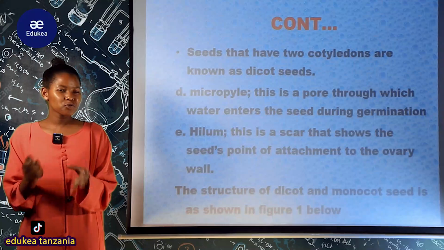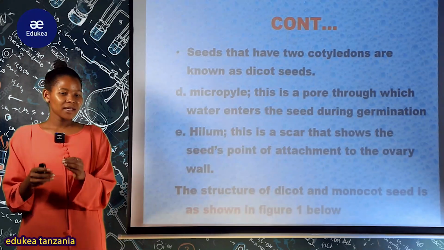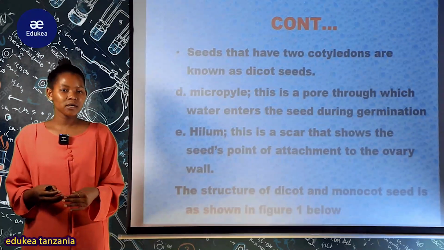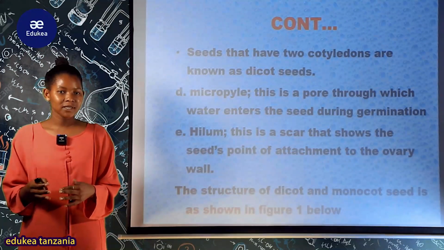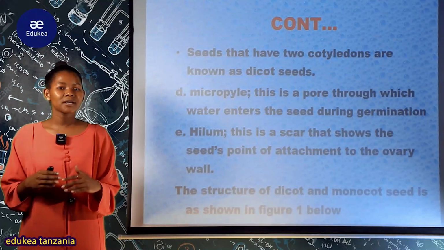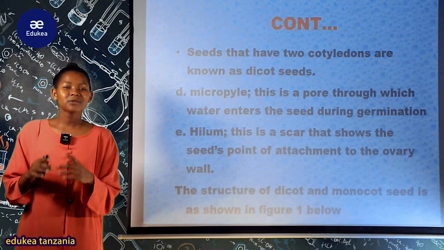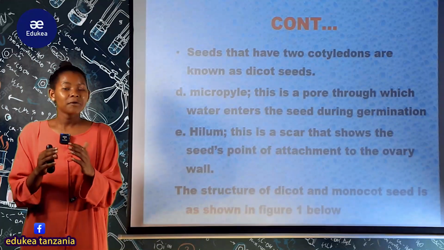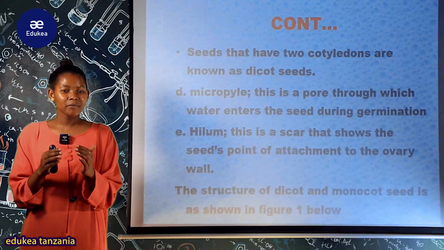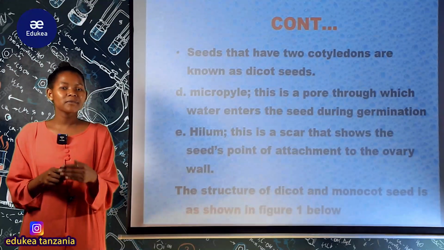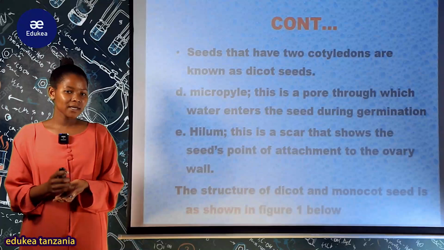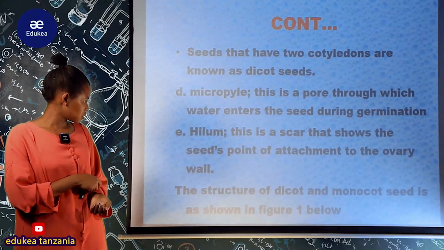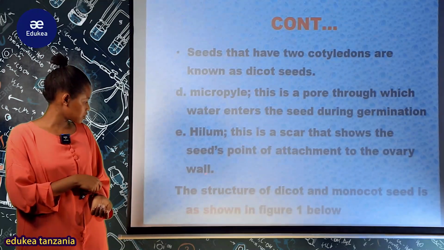Tuchukue mfano harage, lina sehemu ambayo inatoa. Yaani hilum hii tuifananishe na ile ya kwenye kidney. Hope mmesoma about gaseous exchange and respiration. Tunapozungumzia hilum pia inapatikana kwenye kidney. Tuchukue harage tuliplace kama kidney. Utaweza kupata sehemu ambako ina hilum, alafu angalia kwenye harage, you will see the hilum, and that area is very important for the attachment point to the ovary wall.